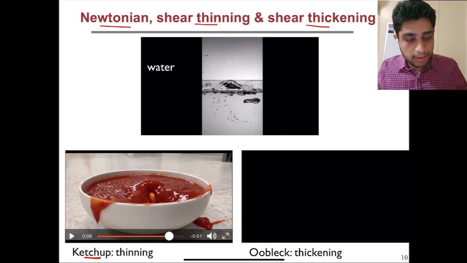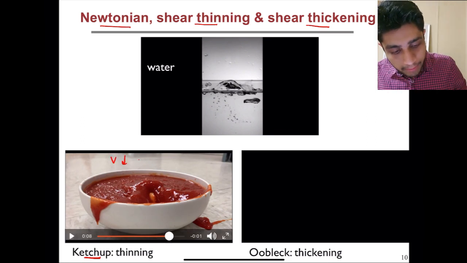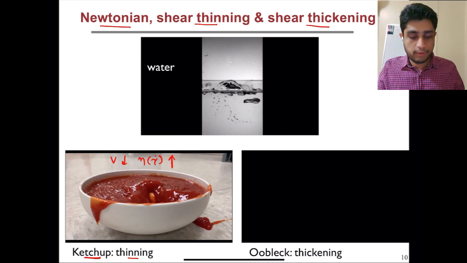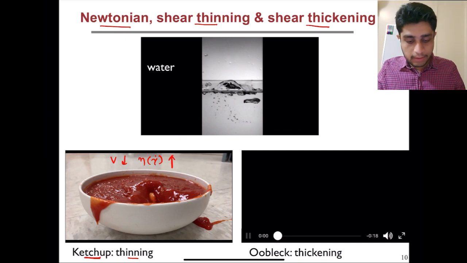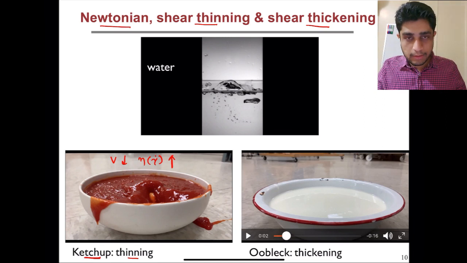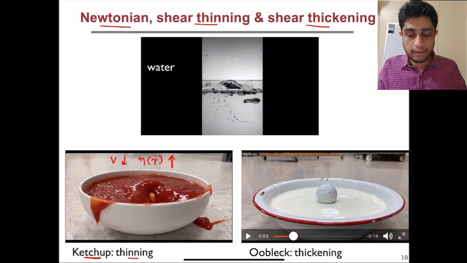That's because velocity decreases and apparent viscosity increases because it is a shear thinning fluid. And finally, again, oobleck, you are dropping a ball. As we drop the ball, because of the high velocity, the deformation rates are high, and since oobleck is a shear thickening fluid, high deformation rates mean high viscosity. So when the ball hits the oobleck surface, it bounces just like it will bounce from a solid surface.